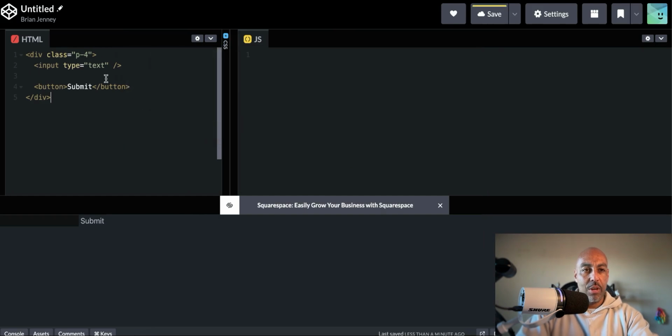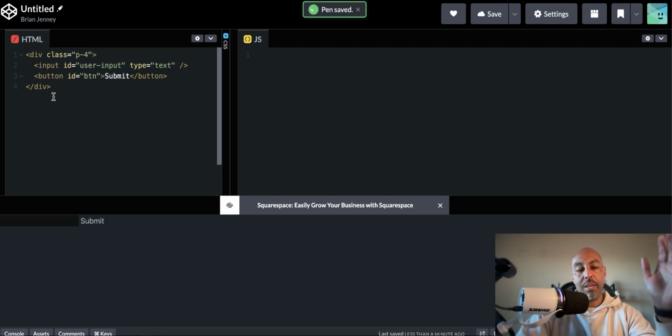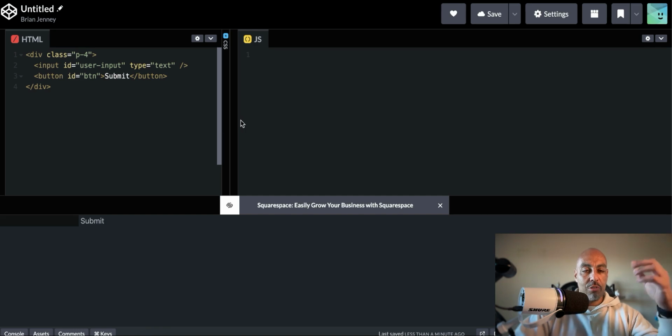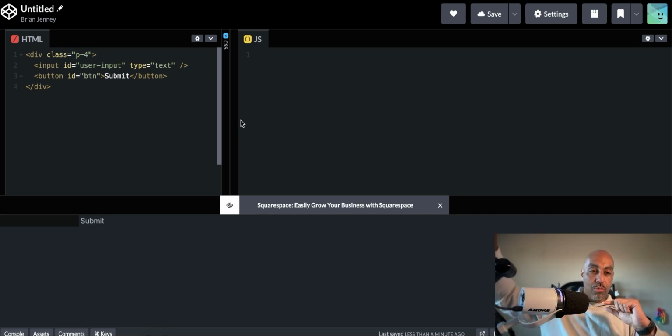Format the HTML. Cool. Let's give this button an ID of BTN, and let's give this input an ID of user-input. And you might be wondering, why am I giving these IDs? Because I want to use JavaScript to target these elements to do something. So just think in plain English, what are we trying to do? When a user types something and they click the submit button, we want to send whatever they typed in that box to the Google Gemini API, get a response back, and show that on the screen,